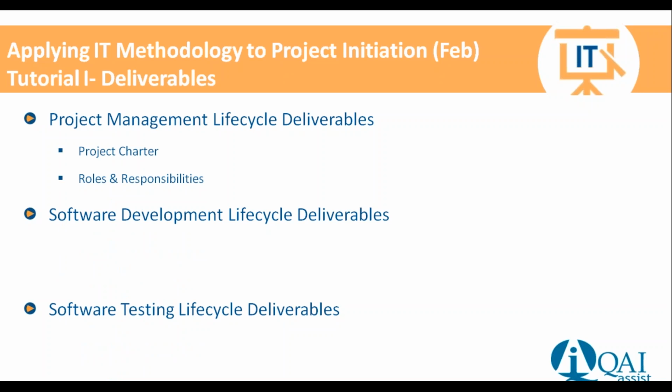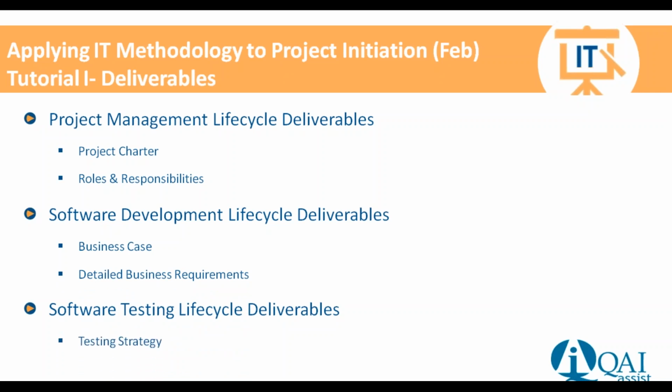We also said when we're initiating a project, there are some things we need to do at the start of the project. We need to identify a business case and prepare it as a deliverable. We're going to get a high-level definition or description of what the requirements are. Again, they are up and available through the Project Insight website. We also said in the software testing there were some things we needed to do at the start of a project. We wanted to lay out a testing strategy for the whole of the project. The idea was that we didn't want testing to wait till the 11th hour before we started focusing on it. So these are the deliverables that we looked at in February.